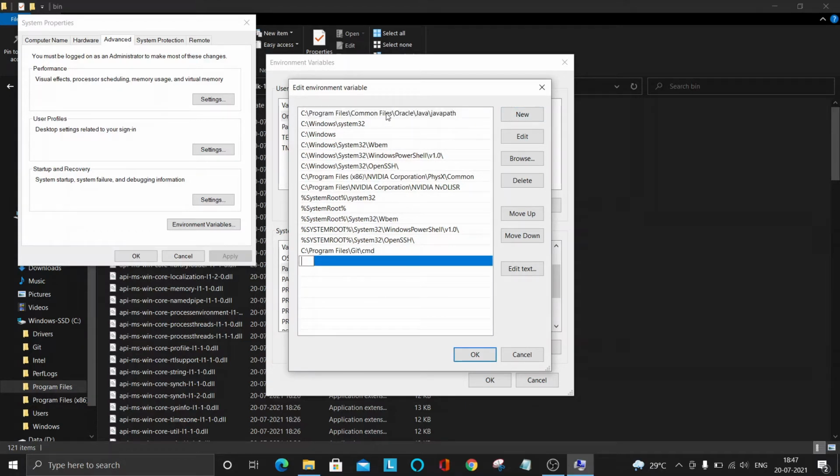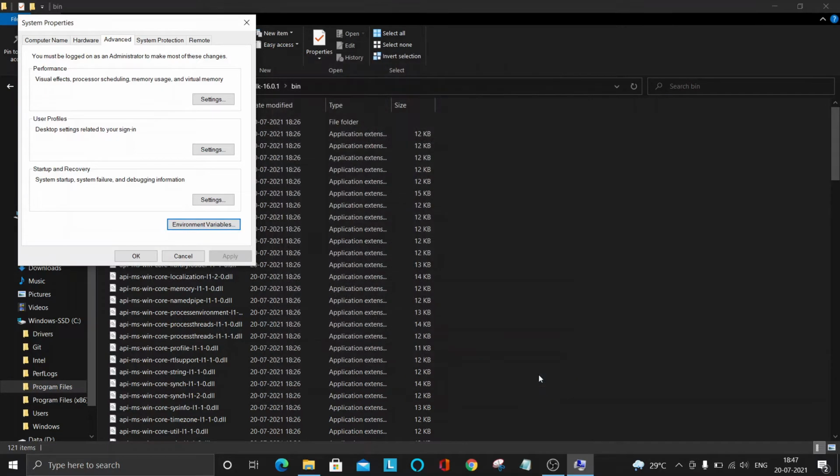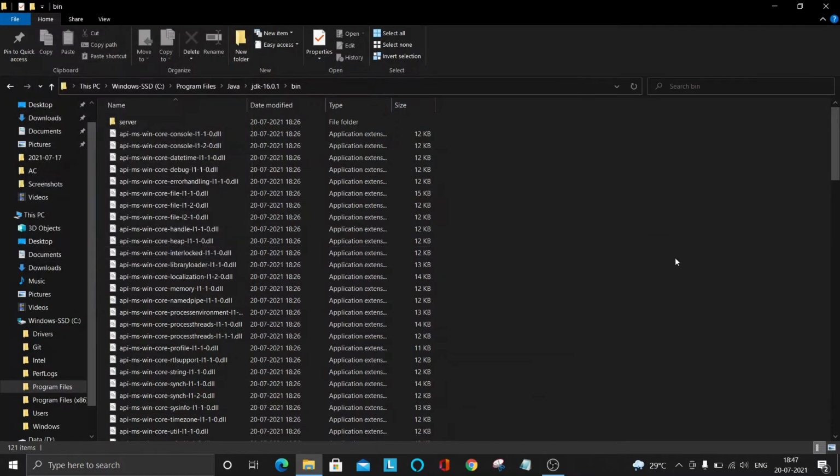I already have the Java path here, so I'm not gonna do that. You just paste your path here and click OK, and then click OK, OK, and OK.